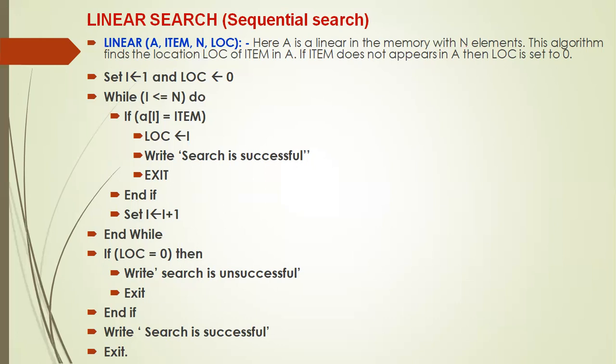So it's the simplest searching technique, where the concept is that the element you are searching should be compared with each and every element of that array in between. If any element of the array equals the element you are searching, then don't continue further. Then that position you display. That means you say the search is successful. And even after comparing with the last element, if A[I] equal to item is not true, we say that the search is unsuccessful.